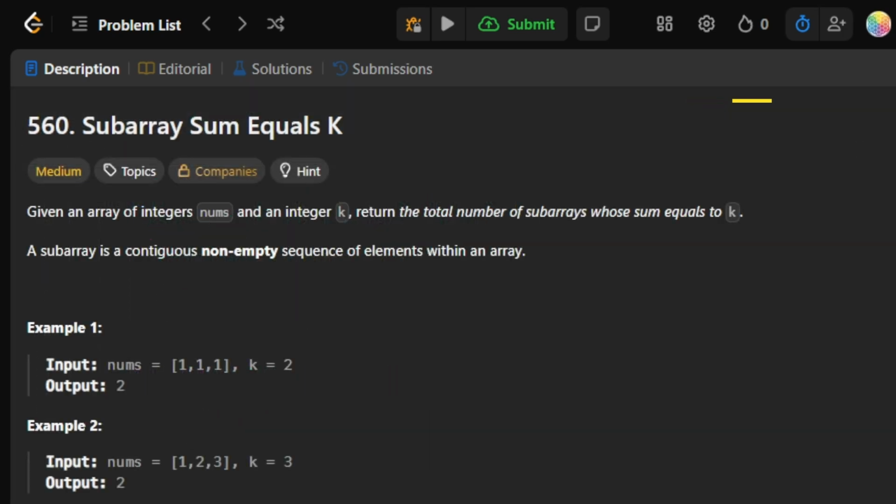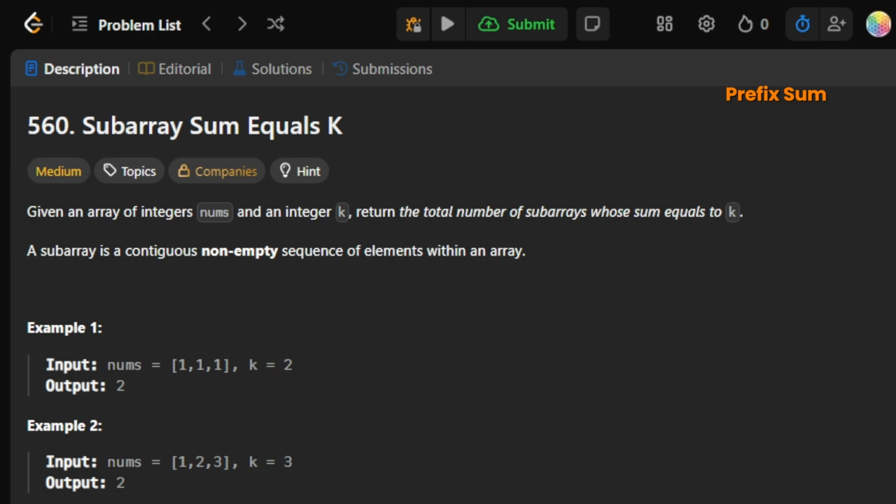Next up is Subarray Sum Equals K, one of Amazon's top asked prefix sum hash map problems. The goal is this: you are given an array of integers, nums, and an integer k. Your task is to find the total number of continuous subarrays whose elements sum up to exactly k. We'll use the prefix sum pattern.